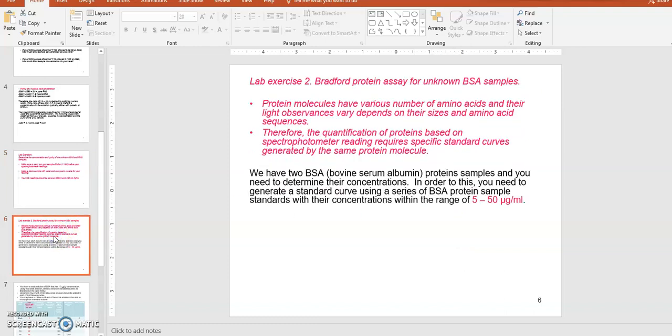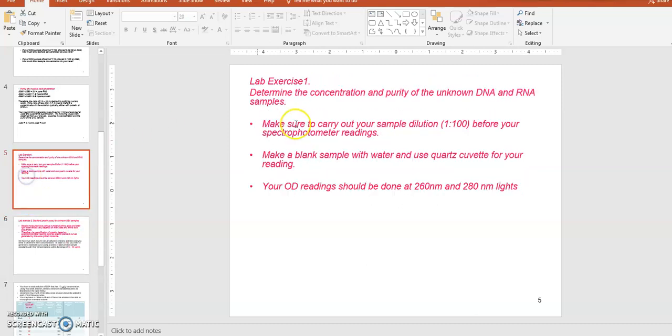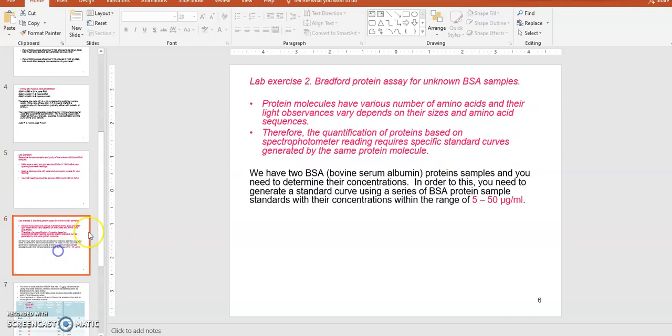Okay. And then lab exercise 2. Exercise 1 is pretty straightforward. It's just dealing with DNA and RNA samples and doing the spec reading and getting their concentration and purity estimated. But lab exercise 2 is a little more complicated because it's dealing with the protein samples, and it deals with the Bradford protein assay. So Bradford assay is based on color. A color dye molecule will bind your protein sample. Okay, so the color-based assay will use visible light instead of UV light. So when you deal with the protein sample assay, it's a little more complicated because